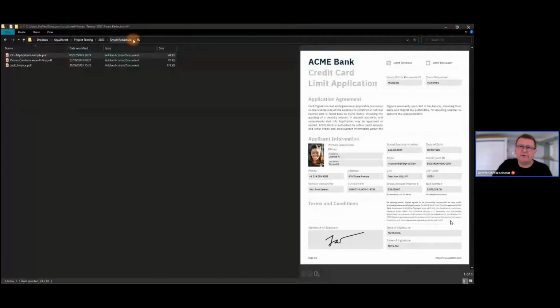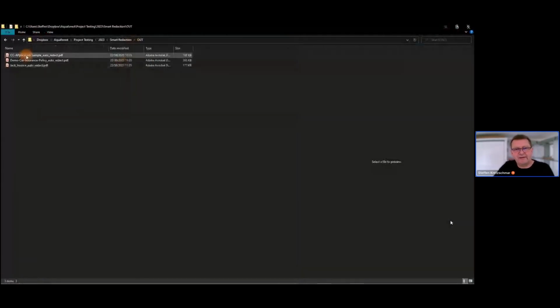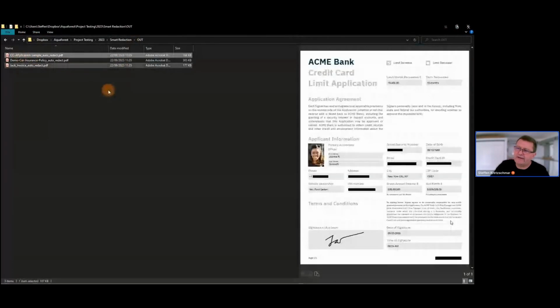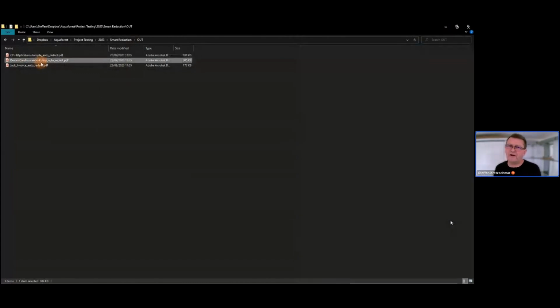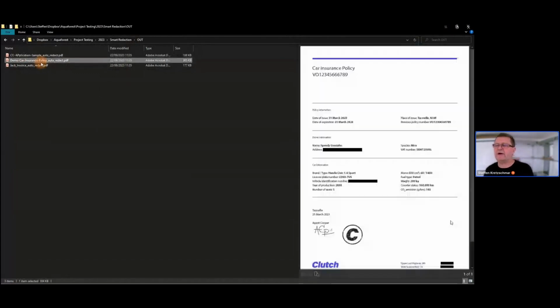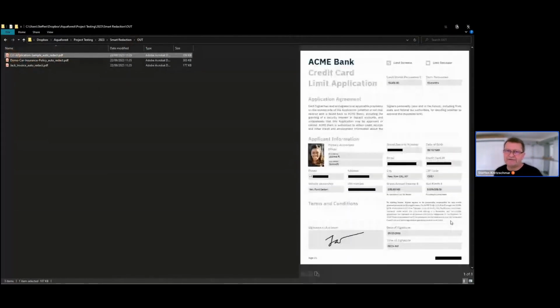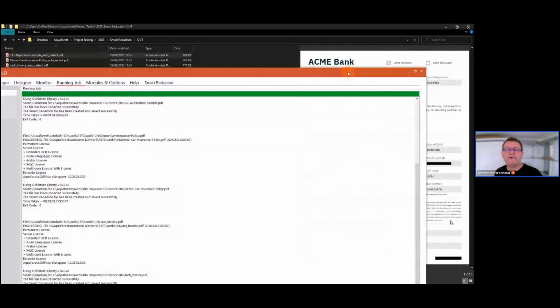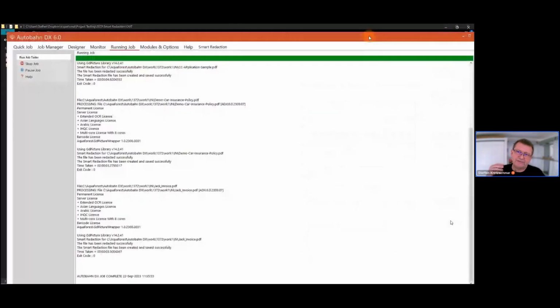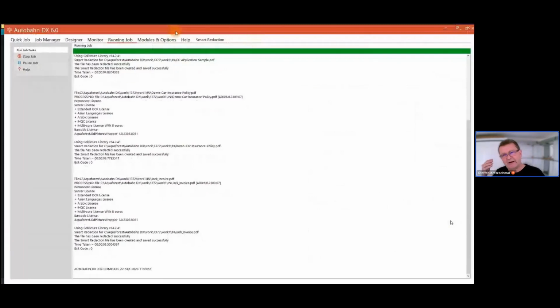Let's take a look in the output location here. Our 3 files are there with the little underscore auto redact as we put in. And if we take a look at them now, you can see that all the PII parts of the file are automatically redacted without any person having to go in there, look manually for what is where, and apply redactions manually. So that is a very efficient step for anything which is sort of pattern-based, where Autobahn can do it